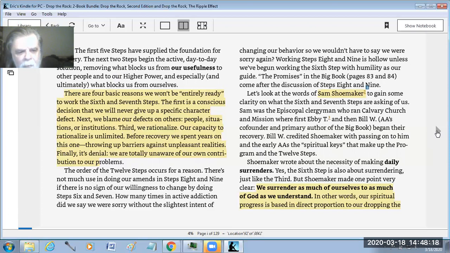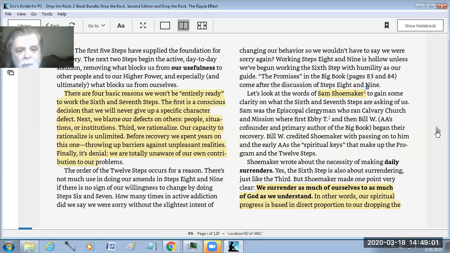And we see here, next, we blame our defects on others, people, situations, or institutions. That projecting that I was talking about just takes over, in fact, and we begin to ruminate and fester about it, and we drink more. And as we drink more, we become more oblivious to the fact that this has to do with my own conscious choice now to poison myself with alcohol while I suffer from the ruminating and the festering. And I no longer can even really connect it to the truth, because now I've just projected it onto all the situations of my past and my fear of the future.